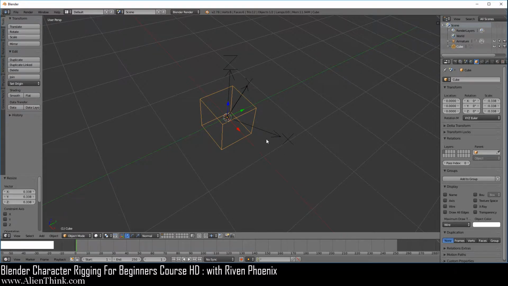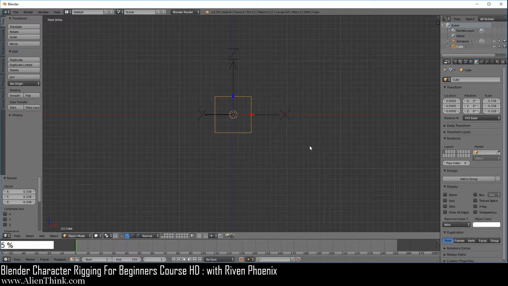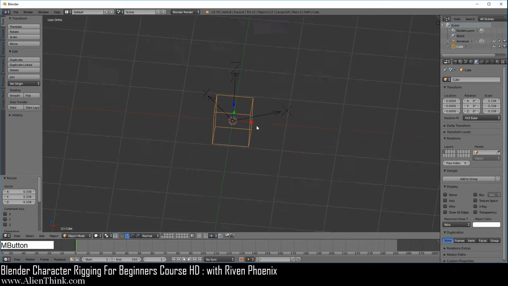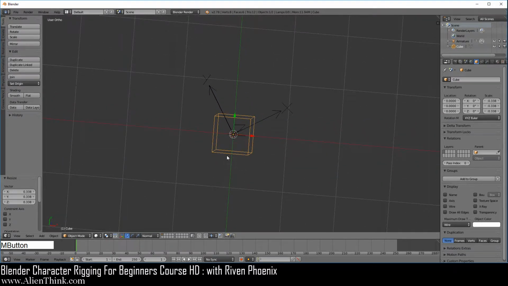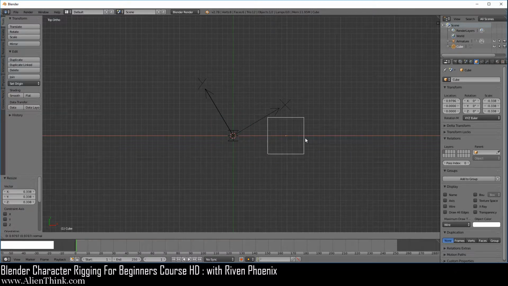So remember when we were looking at this concept of parent-child relationships with the sphere and the cube, we were doing it from the front view and we had pressed the 5 key to go into ortho. So now if you use the middle mouse button, you can see that we're actually looking at this from the top view. Okay, so now having the cube selected, just click on the red arrow and move it over here and move it down.